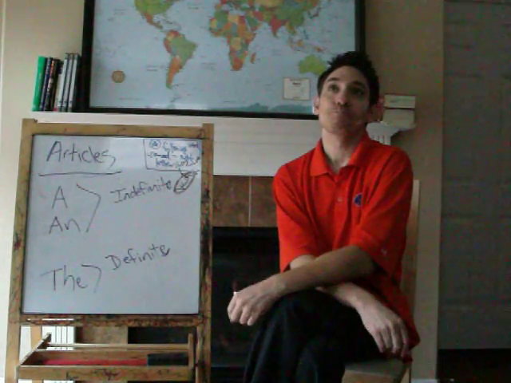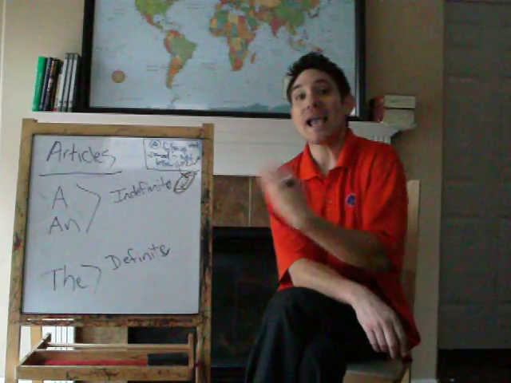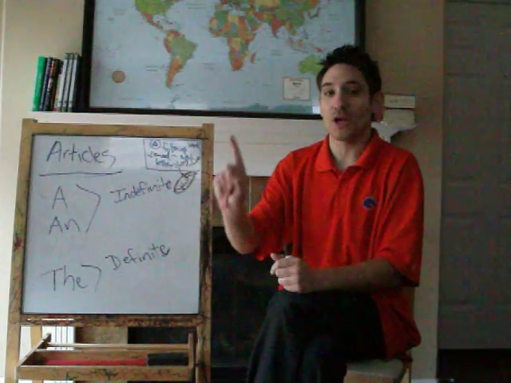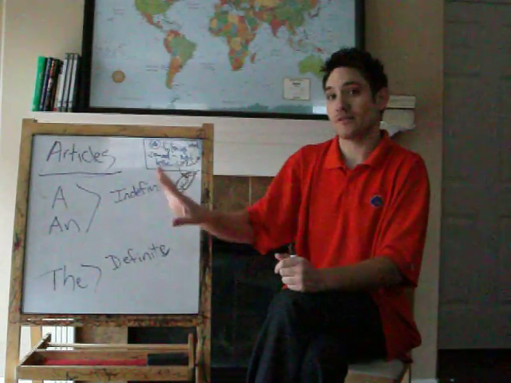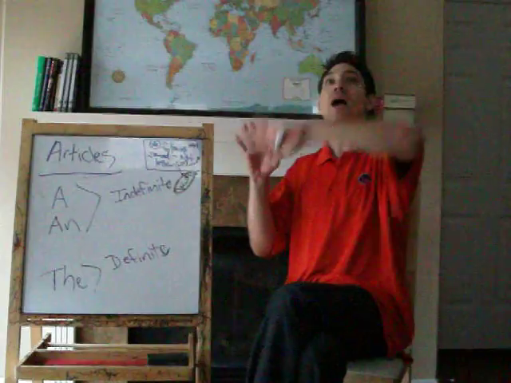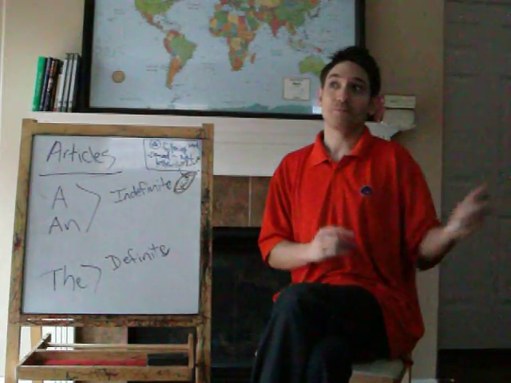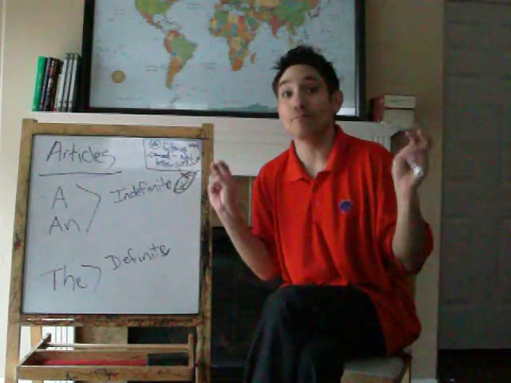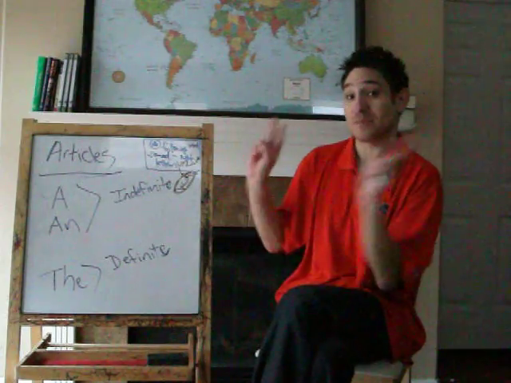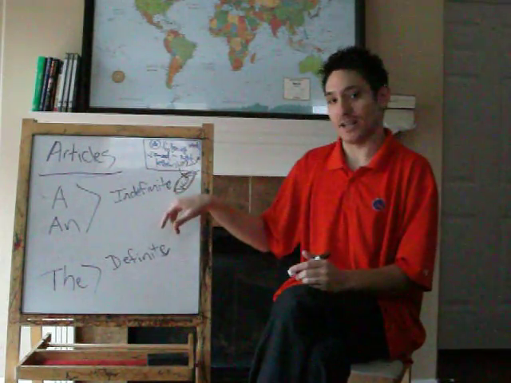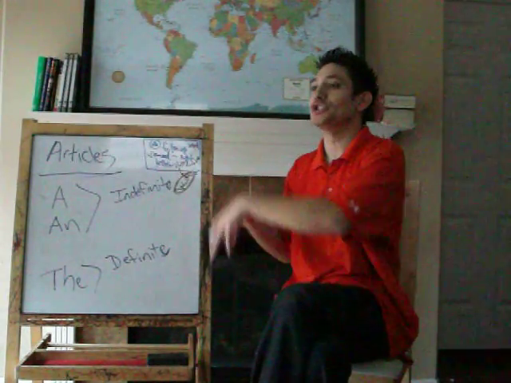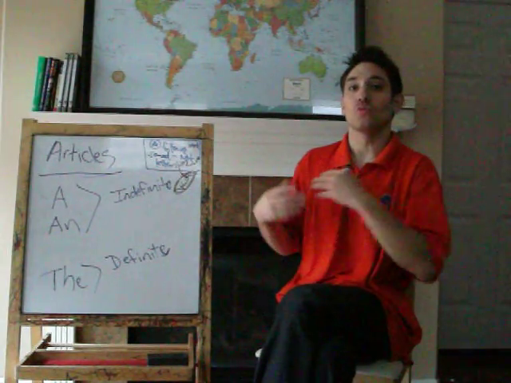So let me give you an example. If you say, go grab me a book from the library, it's not specific, as in only this book that we were discussing. Go grab me only this book, that's different. You're saying, go grab me a random book. Or it implies that there are many books where we're going to grab the book. So just grab me one of the many books in the library. So it's not as definite, not as specific. So it's considered indefinite. A lot of times it means one of many, or one in general, or one randomly.